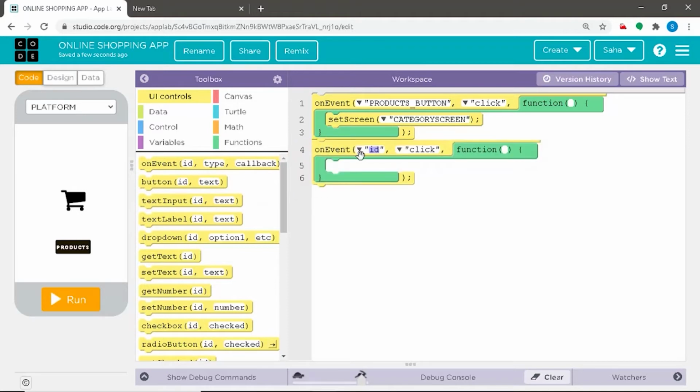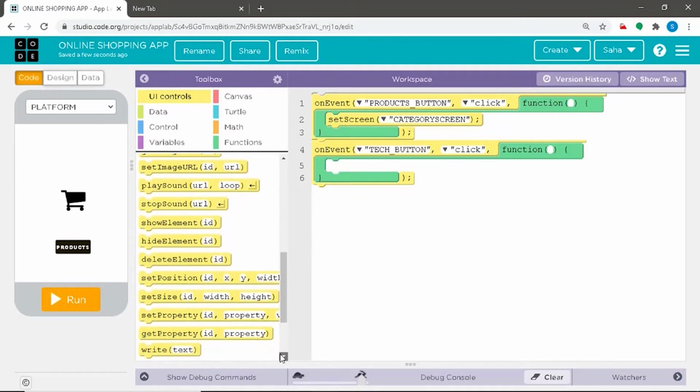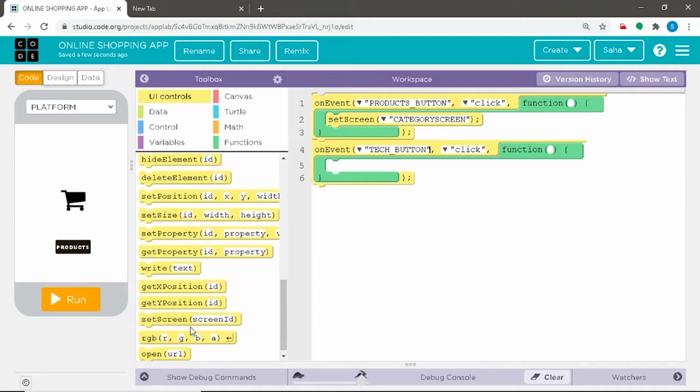So now we shall choose our button to be tech button, which on clicking the tech button redirects us to the technology screen. For this, we shall again go to the UI controls category, drag the set screen command, and choose our screen to be tech screen.